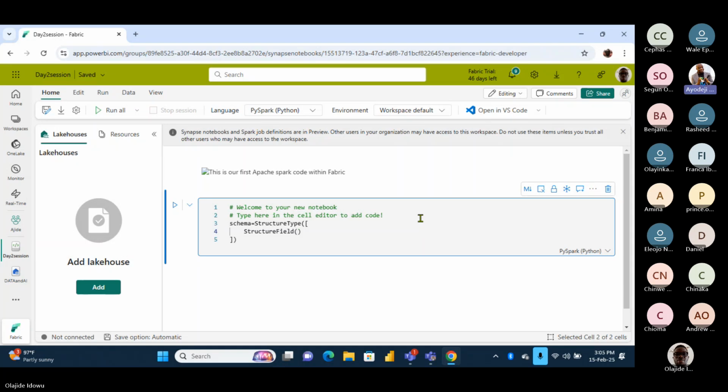Now, in the bracket, put double quotes: first name. Good. After the first name, put a comma before the bracket closes. The type, StringType. That's the data type. Good. Now, what have I done here? Help me create a StructField. Call it first name, and the type should be string. Open and close the brackets.